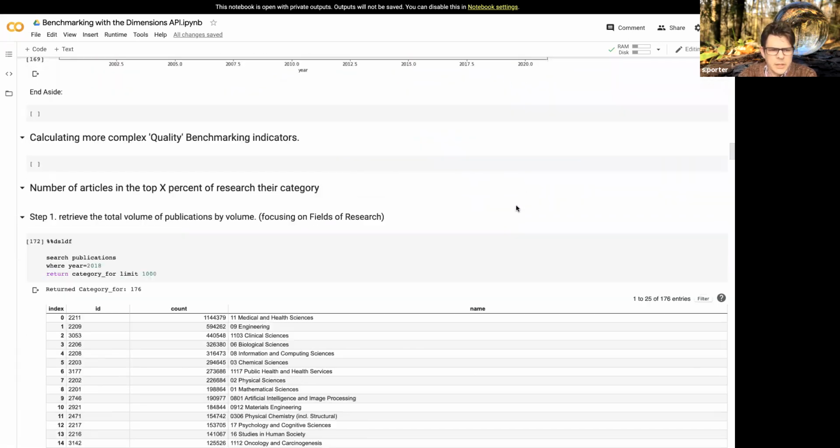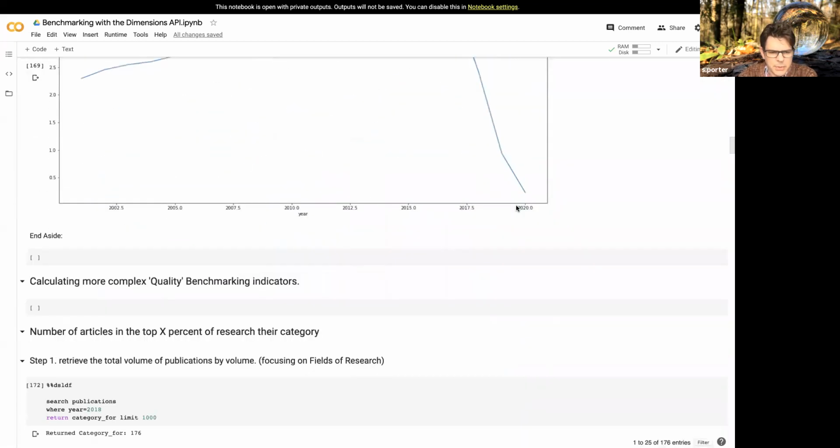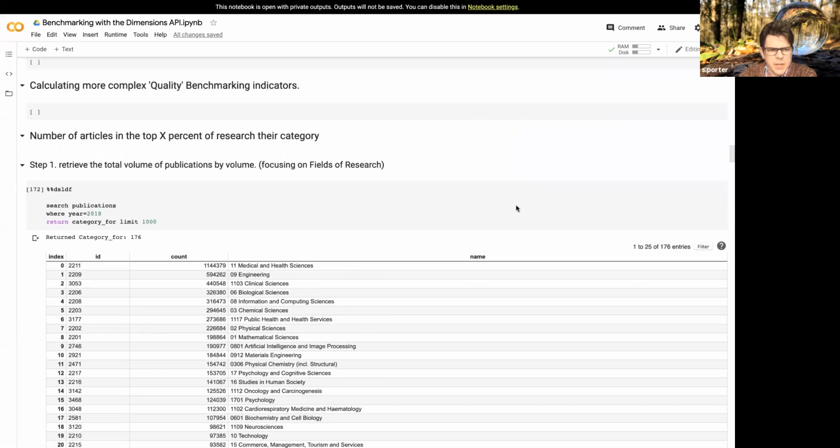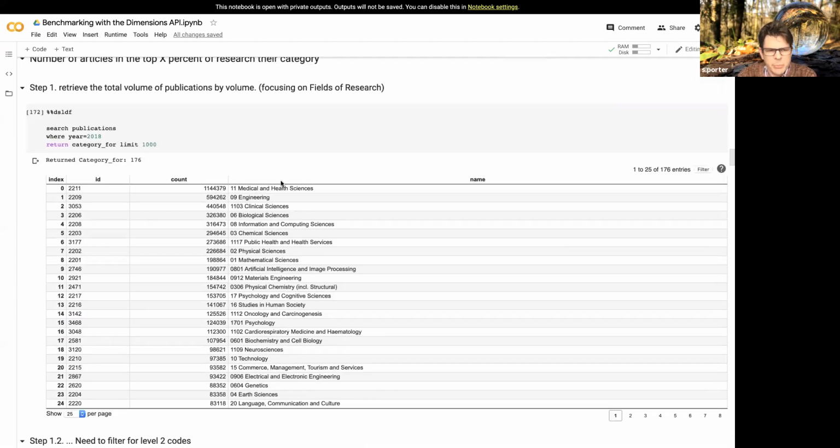Okay, so that's a quick rundown of what you can do quite straightforwardly with the API in terms of aggregates and benchmarking. But what if we want to calculate a more complex quality benchmark indicator? So for instance, the number of articles in the top X% of their research category. So in this case, I'm going to look at the number of articles in the top 1% of the 2-digit FOR research categories. So I will start by retrieving the total volume of publications,